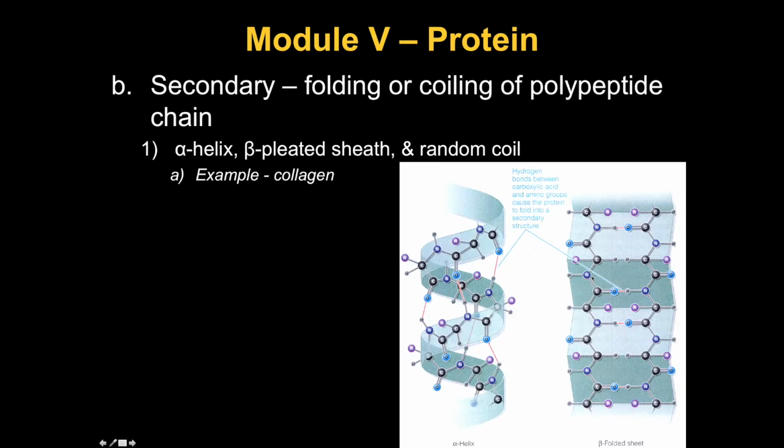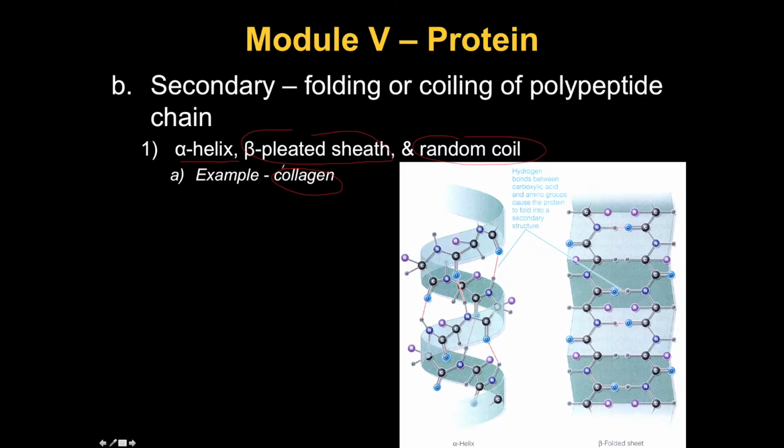We can also have protein exist as a secondary structure where it's folded or coiled upon itself. Basically all these polypeptides arranged in this manner. And the alpha helix of DNA is an example of this. The beta-pleated sheet as well as random coiling of proteins. A great example of this being collagen. Collagen has a secondary protein structure that is the foundation for a lot of things like bone and blood vessels and skin, etc. So we have to have collagen there as the foundation of protein in order to build stuff